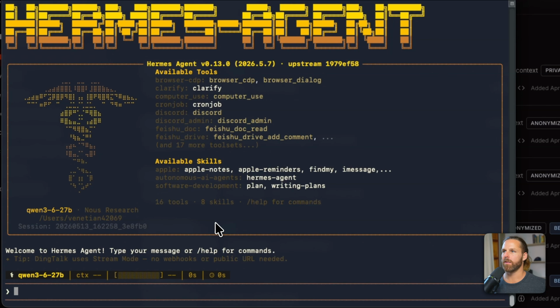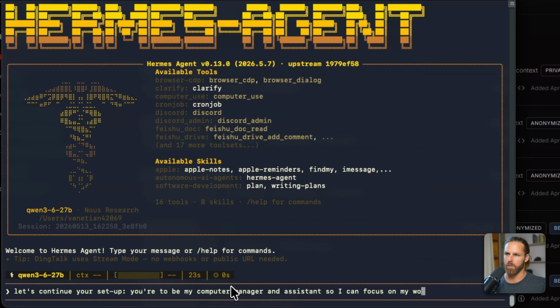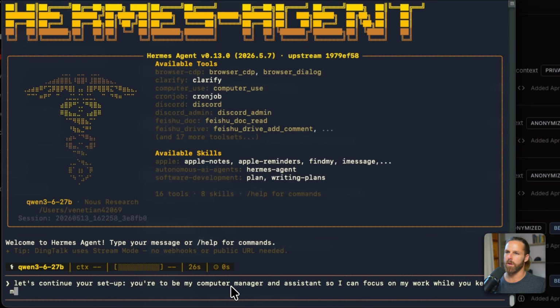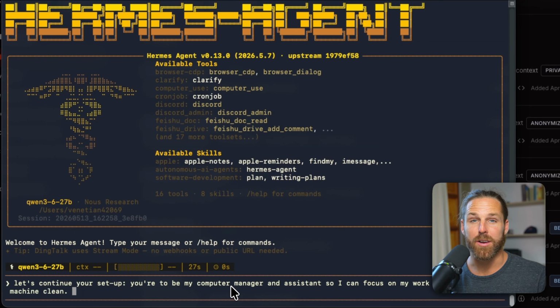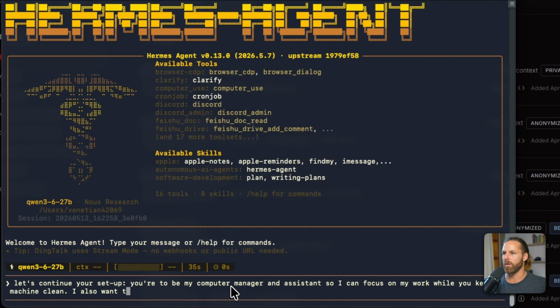And now we can see that there's many less tools and skills available. So say, let's continue your setup here to be my computer manager and assistant, so I can focus on my work while you keep my machine clean. And now might be a good time to activate the computer use tool. Also want to practice your computer use tool. Make a plan